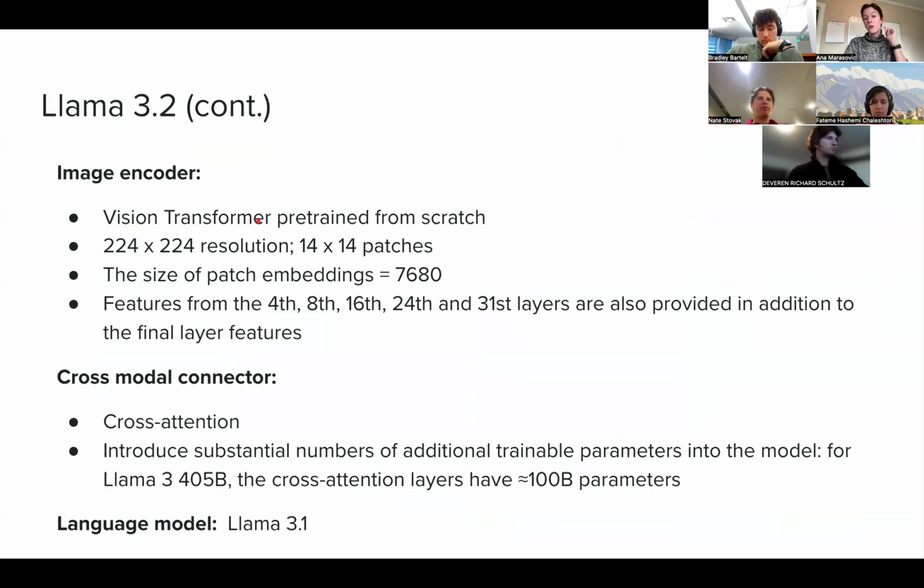a vision transformer that's pre-trained from scratch. It's not CLIP. It takes 224 by 224 resolution for images, and it uses patches of resolution 14 by 14. Once these patches are flattened and then projected to a new size, you will get for each one of these patch embeddings the size of 7066. And as I said, the cross-modal connector here will take features, so embeddings for each one of